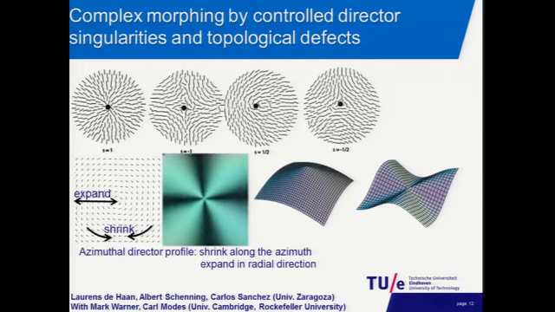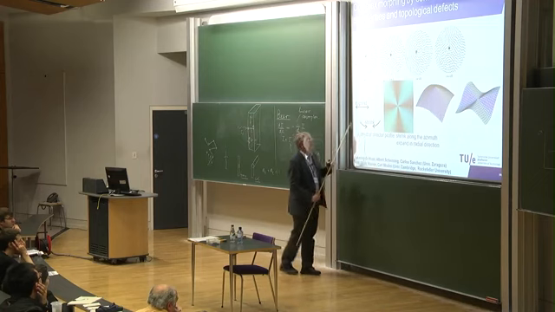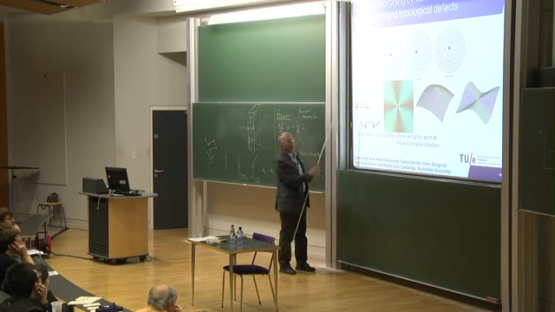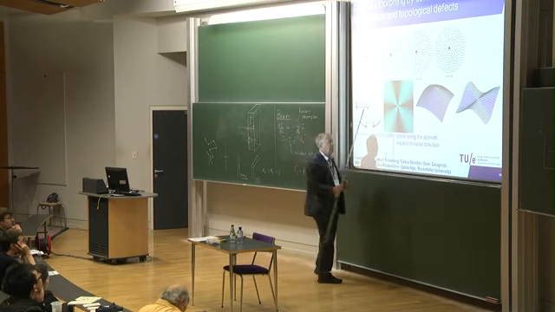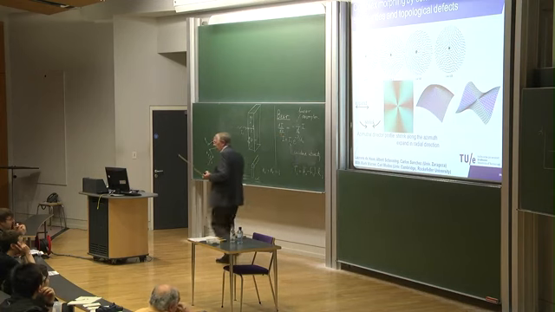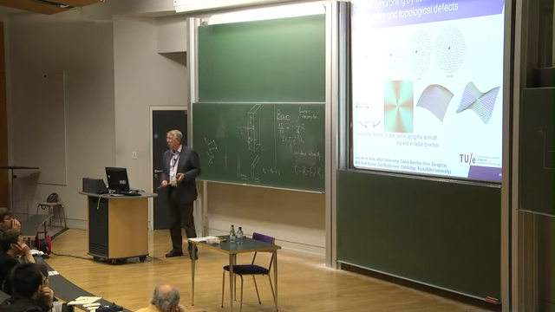This is what you then see if you look through cross polarizers, where the molecules are parallel to one of the polarizers, they are black. When they are under an angle, they are white, and that also shows that you really have this nice orientation that you would like to have here. If you have an orientation like this, Carl and Mark could predict that you can make this cone simply by shrinking along the azimuth and expanding perpendicular to it. If you have an orientation like this, you will form this anticone, and in fact they have models where they also can predict all different types of orientations,